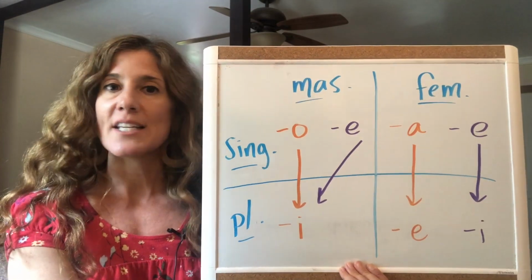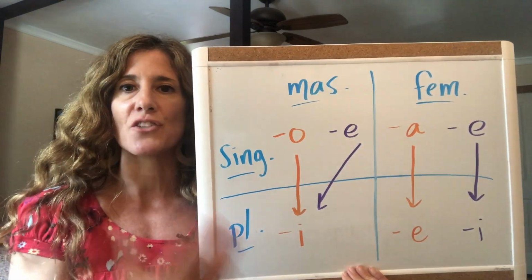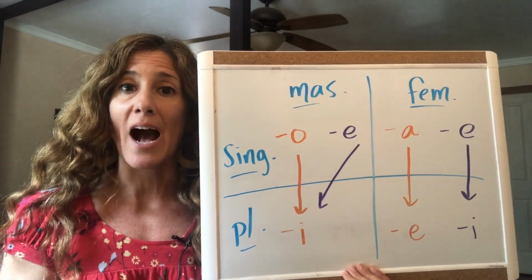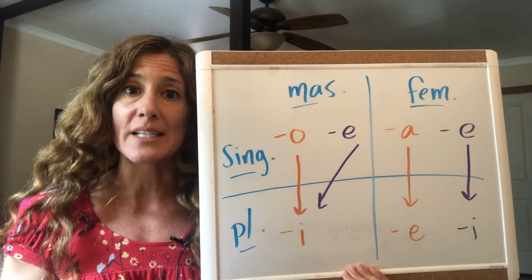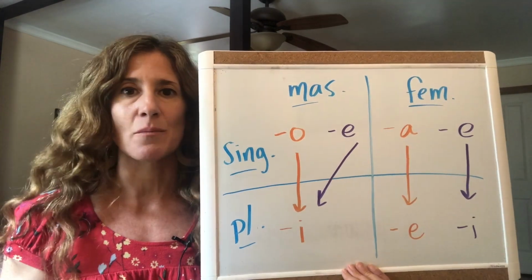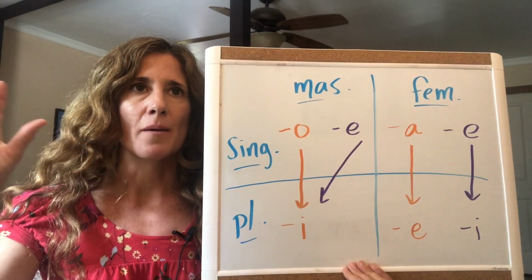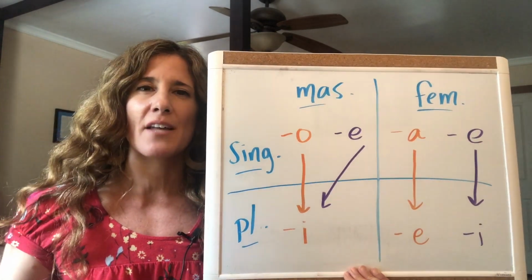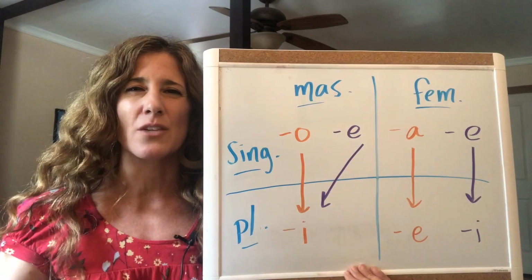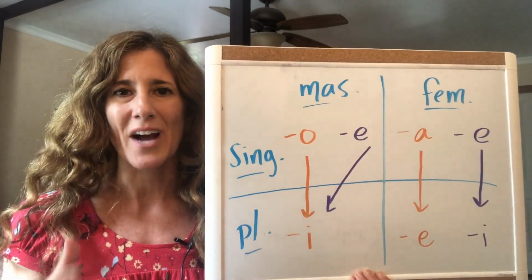If you've looked at nouns already, you notice that these are the exact same rules that we have for the nouns, which makes it really easy, right? It's the exact same thing. When you think about nouns and the gender and number and all of that, the adjectives do the exact same thing and you just apply those same rules, okay?